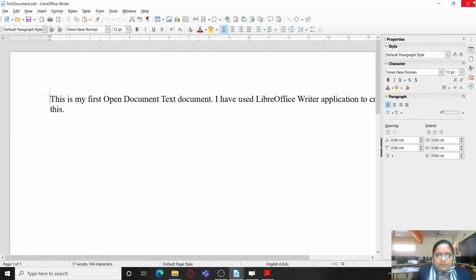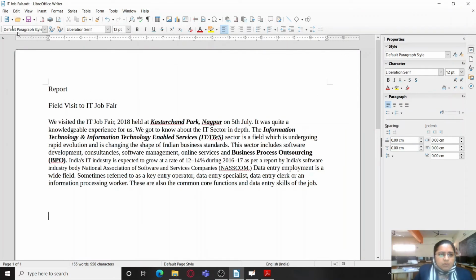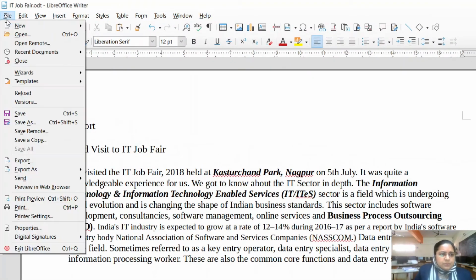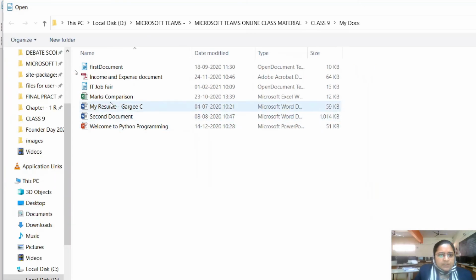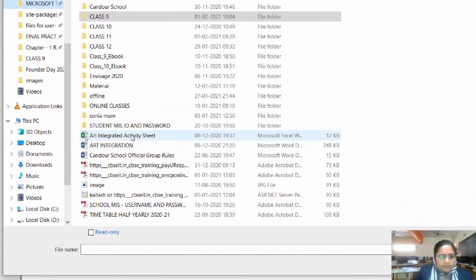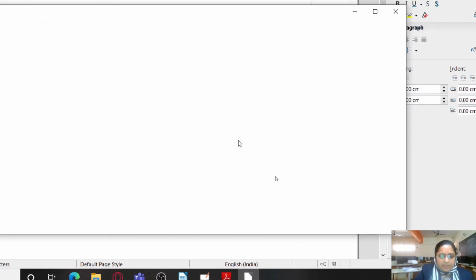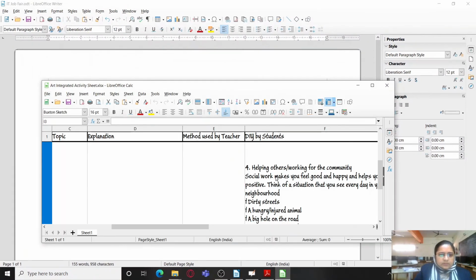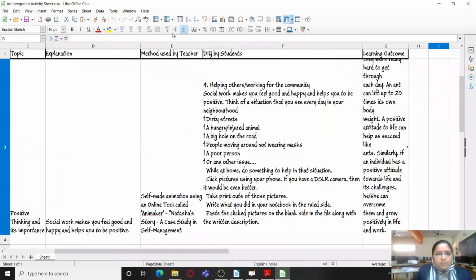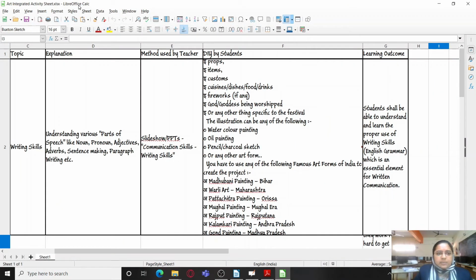Now I'm going to close it from here. Now you can not only open any Writer document, but you can also open any spreadsheet. So for that also we need to go to File, Open, and as you were seeing, we already have this spreadsheet over here. I'll be selecting some other spreadsheet, maybe like this one. Click on open, and you can see that it opens a spreadsheet document in LibreOffice Calc.